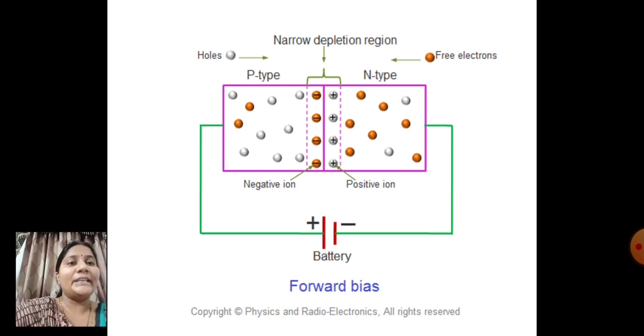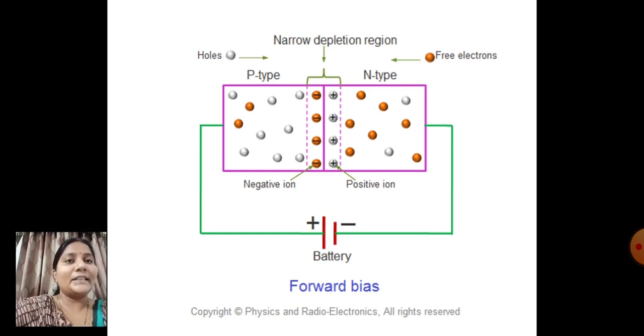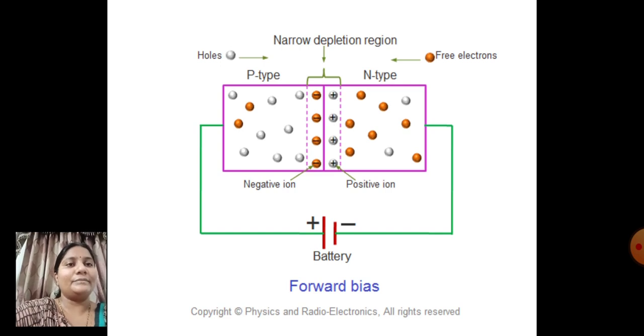When I am still increasing the battery voltage, more majority charge carriers cross from P to N and N to P. Now the width of the depletion region becomes very thin and sometimes reaches nothing. In this situation, the current starts conducting, and this PN junction diode works as an on switch, or it conducts current from positive to negative side, or we can say that it is a closed switch. Clear? So we need to remember two important concepts.